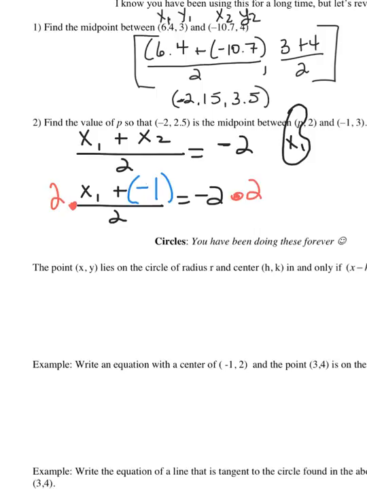So my next step in solving for p, or x1, is to multiply both sides by 2. And that's how I'm going to get rid of this 2 in the denominator. If I multiply both sides by 2, that will allow me to cancel out the 2. And since I multiplied this side by 2, I also have to multiply this side by 2. So once I do that, I end up with